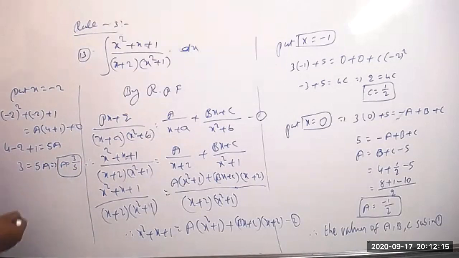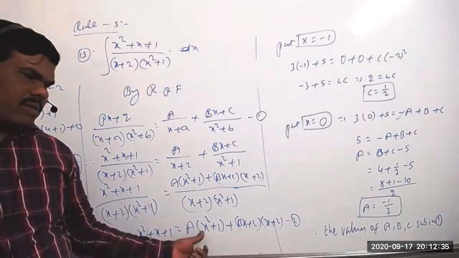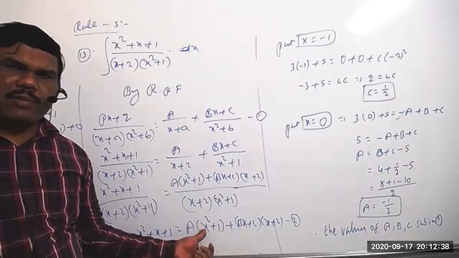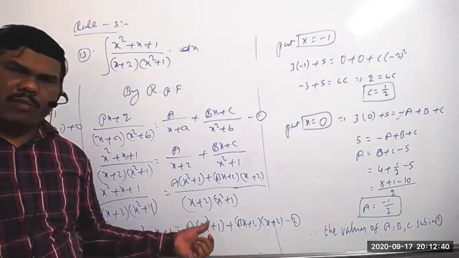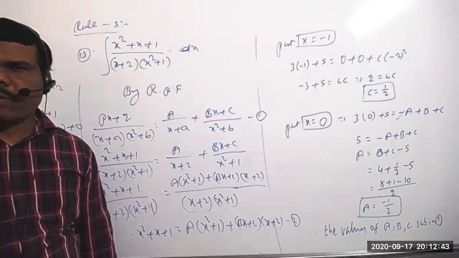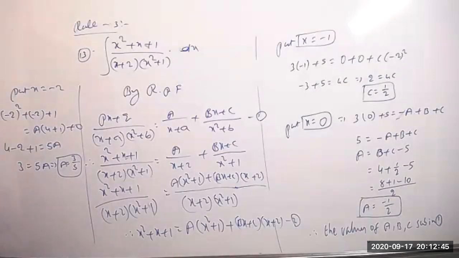Next, suppose the whole square is there, then what will we take for x equal to? Anyone please tell me? Equating to 0 is not possible now, because x square we got; suppose you take x equal to minus 1 or plus 1, minus 2 or plus 2, anything, the whole square will be positive only. So clearly we are not getting 0. Sir, x equal to 0. Yes, so put x equal to 0.